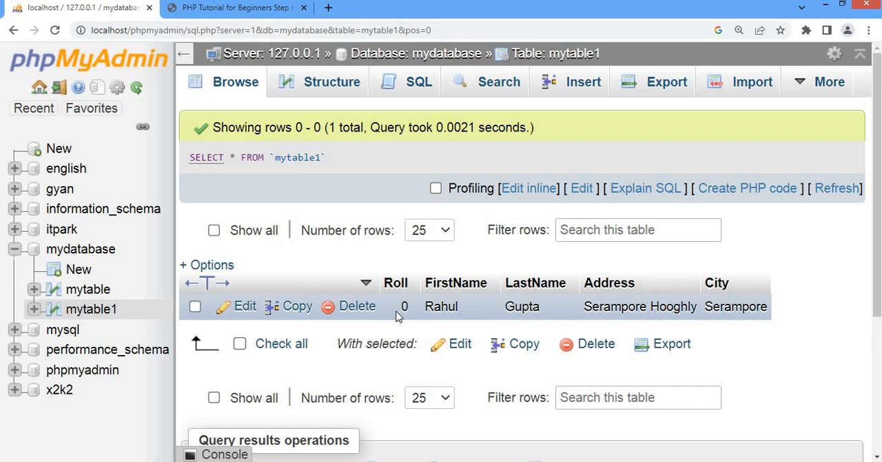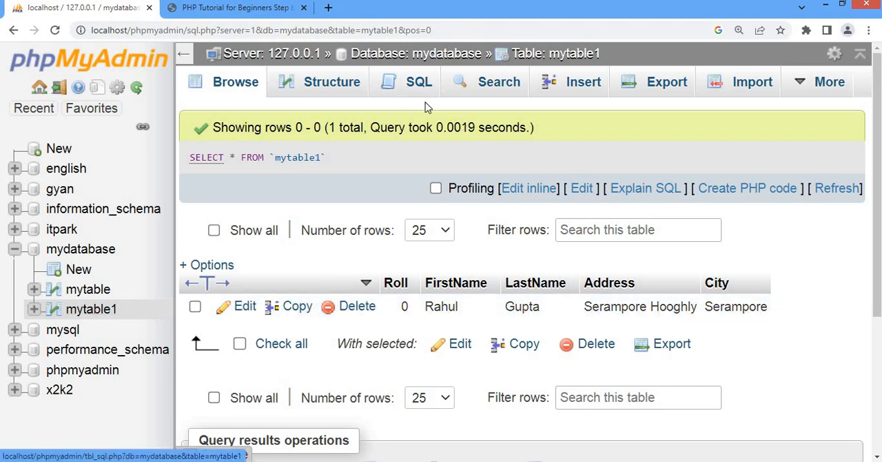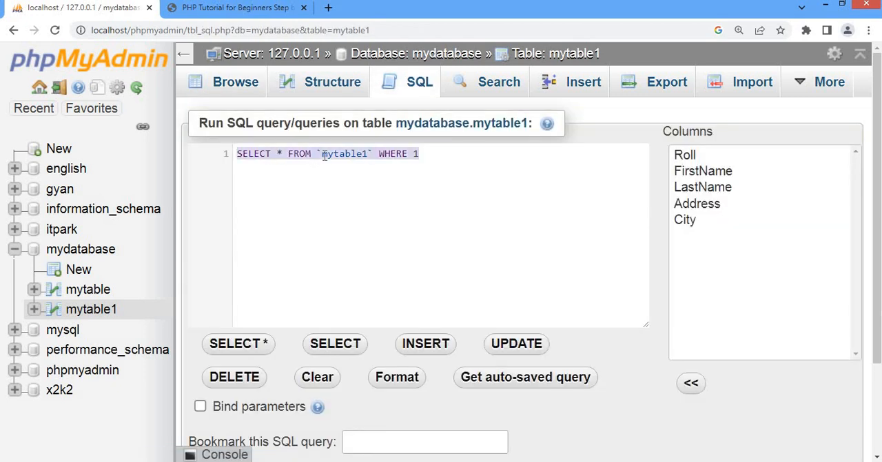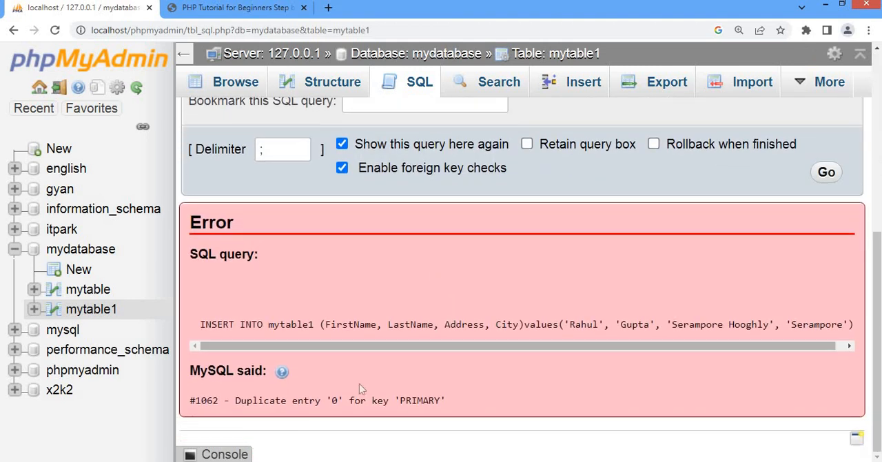So I have not mentioned any value in the roll number, no. So 0 has been inserted. Now if I try to insert the same query, so same data again. Now let me show you. I am going to insert the same data, right? Same data. Now you can see error has been shown to me because duplicate entry 0 for primary key is